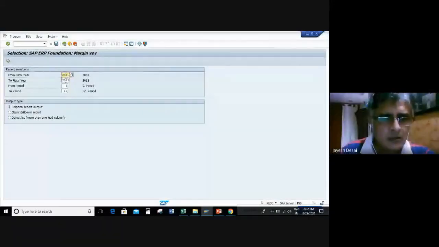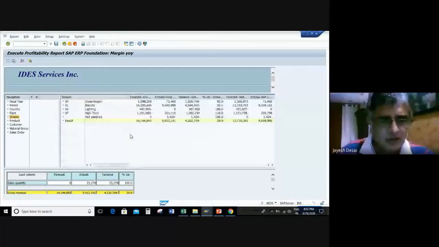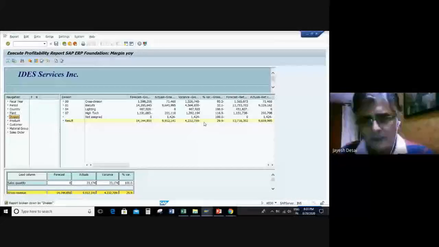Okay, so this gives me a profitability analysis. So let's look at division. Okay, so it has got multiple divisions, and what this specific report is doing is there is, say, plan and actual, and it is calculating the variance against it and the percentage of variance.